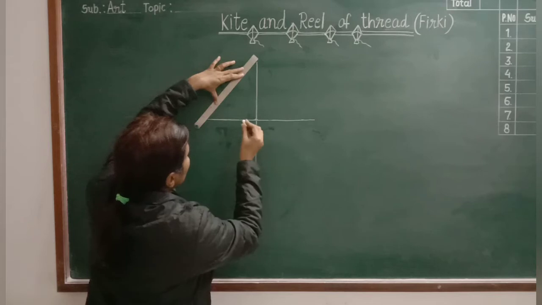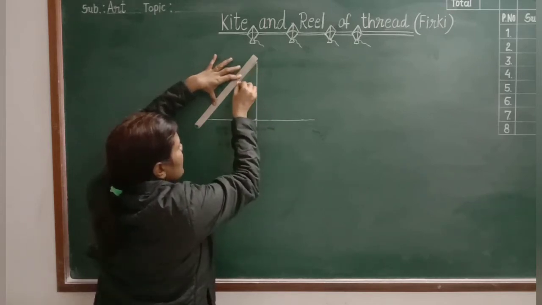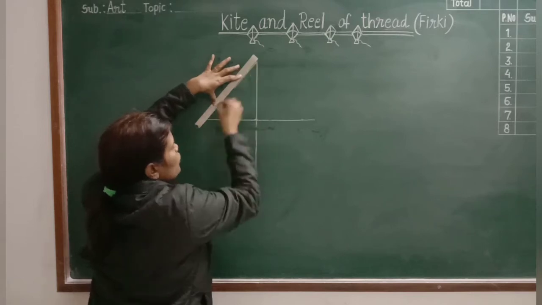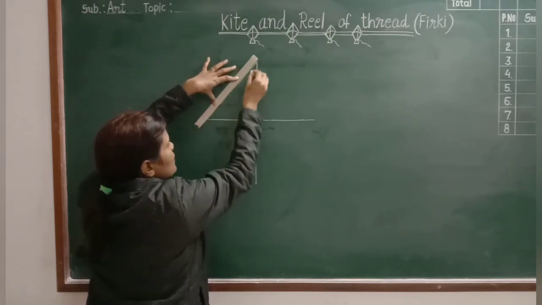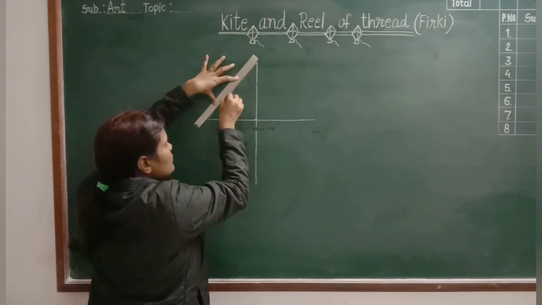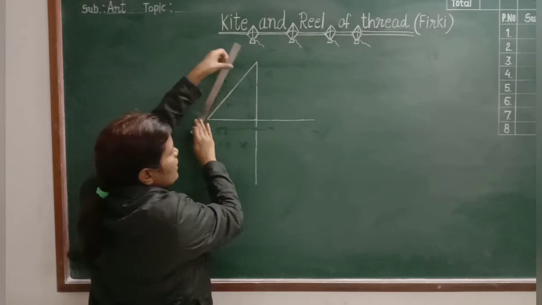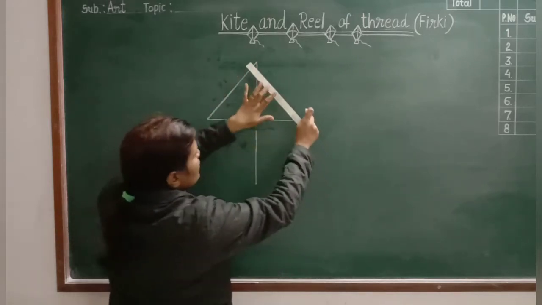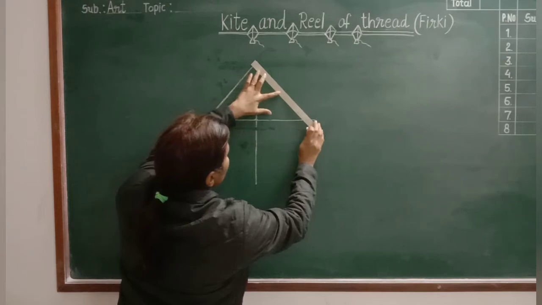Now draw slanting line like this from the top to bottom, like this, slanting line. Then again right hand side, slanting line,